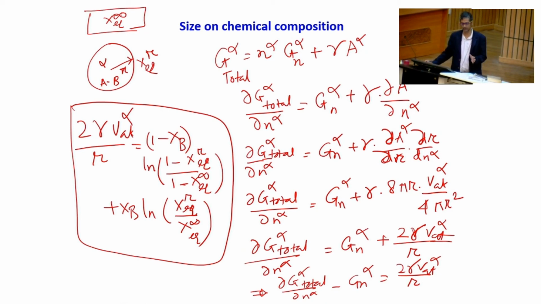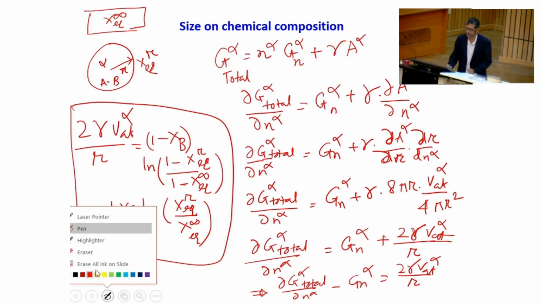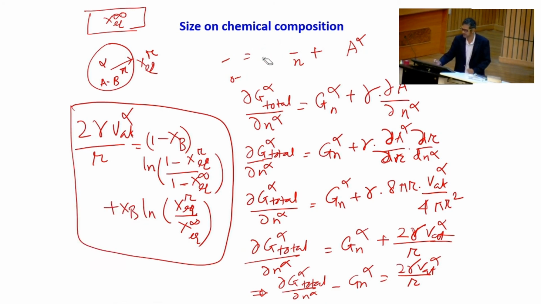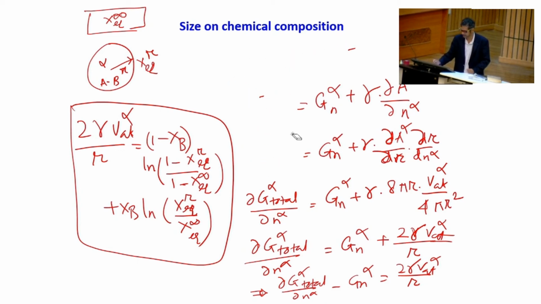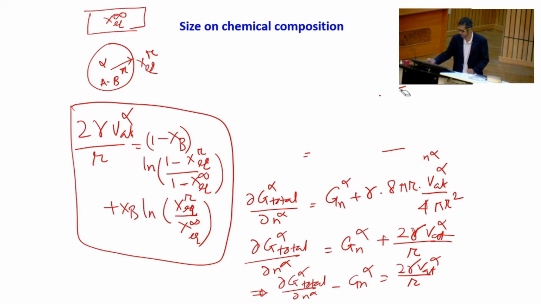For the bulk it may be known for a given value of x p, but for the nano it will not be known. So you need to find that out, but because of the logarithmic equation you may not be able to find the solutions. That is why you have to make a lot of simplifications, and various simplifications are available. If I keep on discussing, it will take a lot of time, but I will tell you the different ways